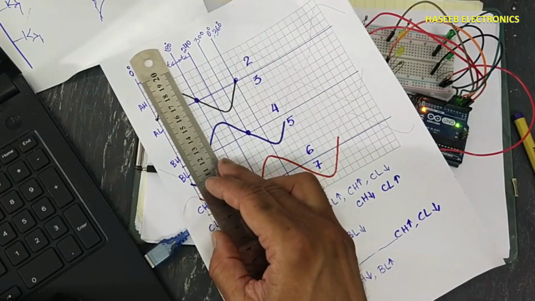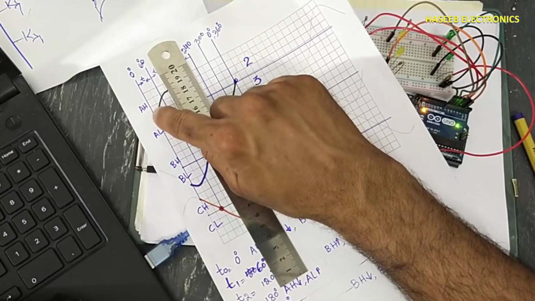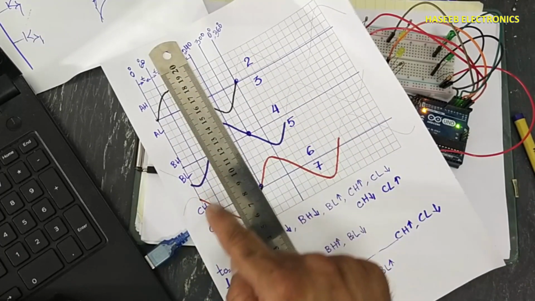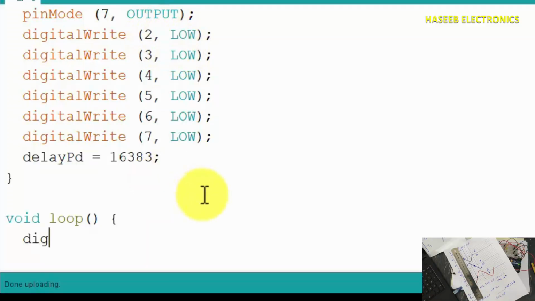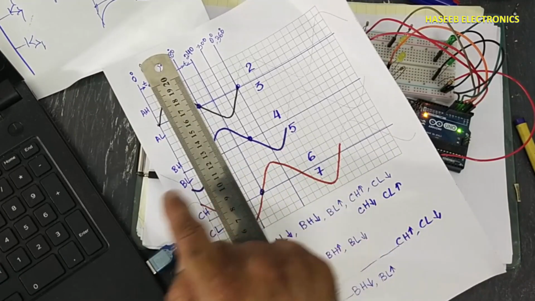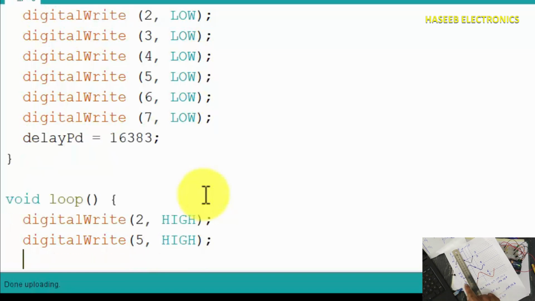When the program will start, what is the condition of these outputs? Channel A high side active, B low side active, C high side active. Let's write here digitalWrite number 2 high, number 5 high, then number 6 high.